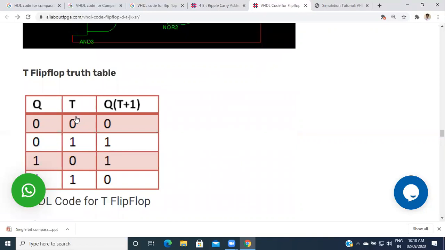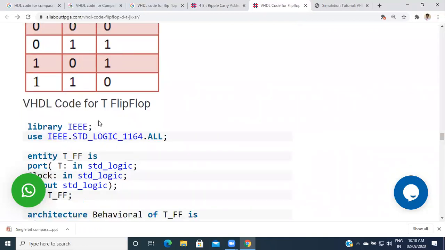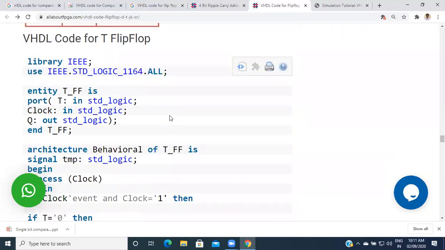If the value of T is 0 and the bit is changing to 1, then again the value is 1. If the value is 1 and the bit is changing to 0, then it is toggled. Then VHDL code for the T flip-flop: library declaration, then entity T flip-flop.